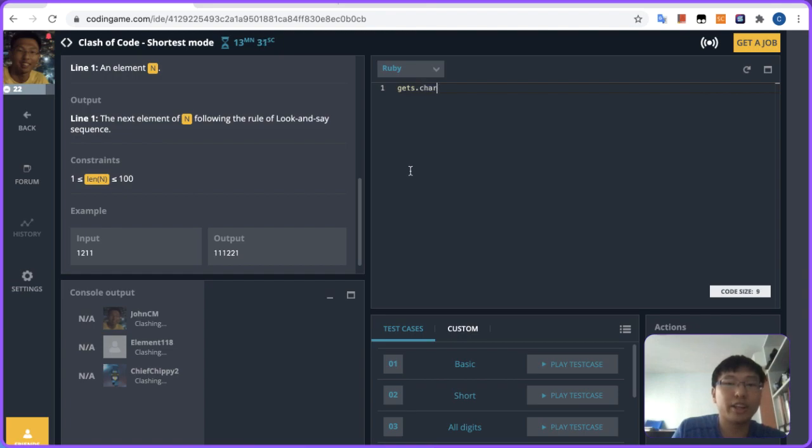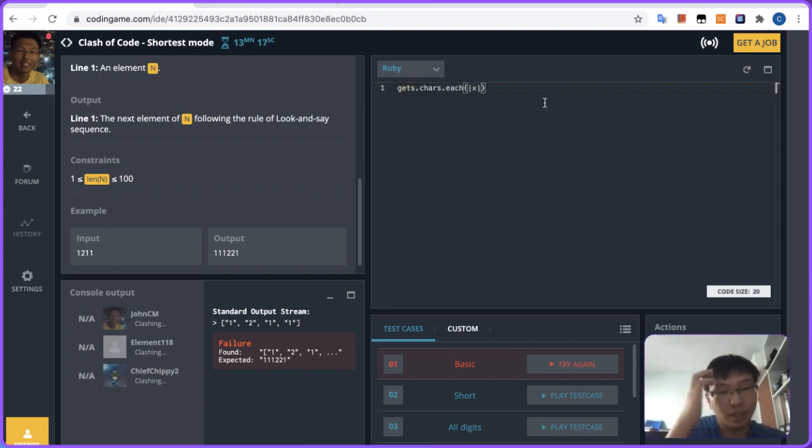I split into characters, and I do each. Okay, I have each character X. I need to maintain a count. So if X is the same as the previous one, we maintain a previous character. If there's a previous character, then F will be equal to